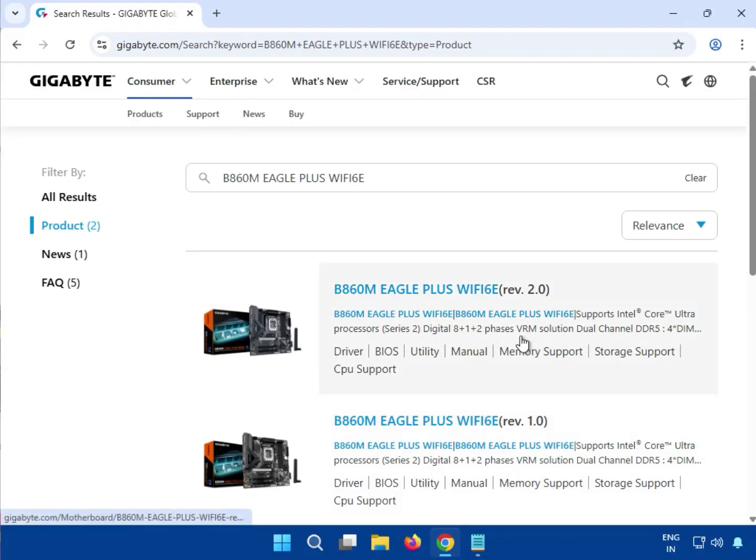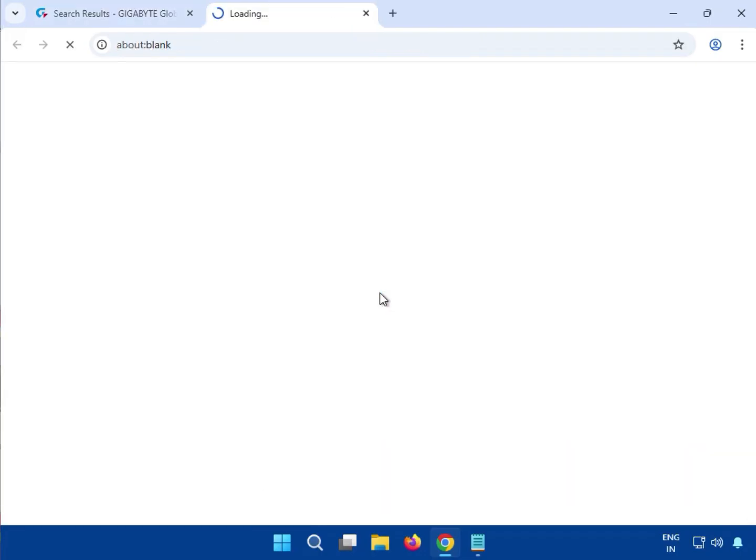So you can see here two type versions, 2.0 and 2.1. So both installation processes are the same. Okay, select whichever you are using. After that, the installation process is all the same, 100%. Okay, you can follow that video and you can install any other versions, 2.0 and 1.0, any. Okay,